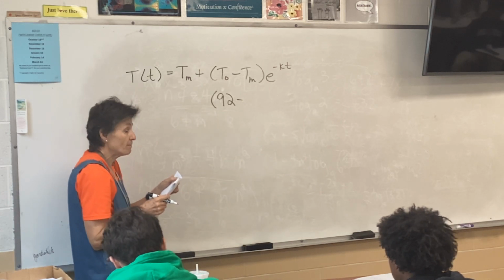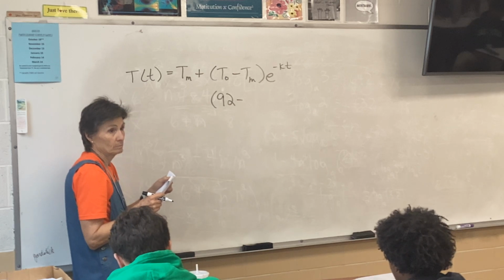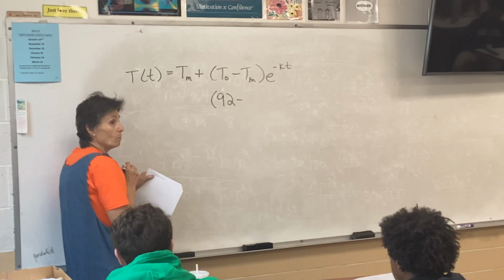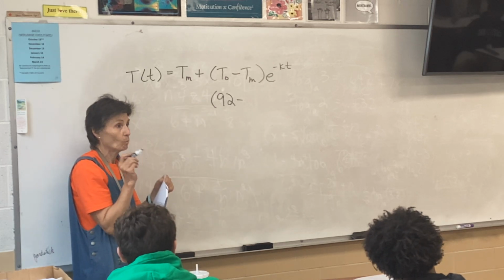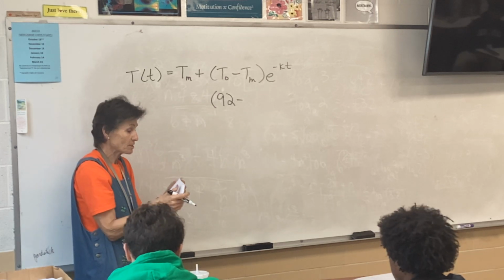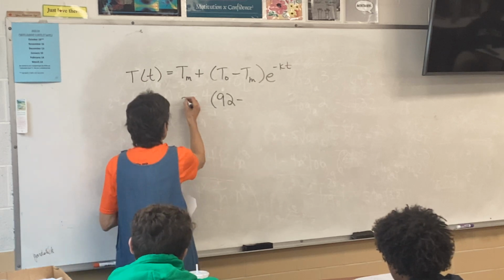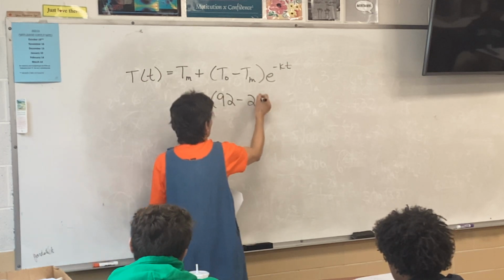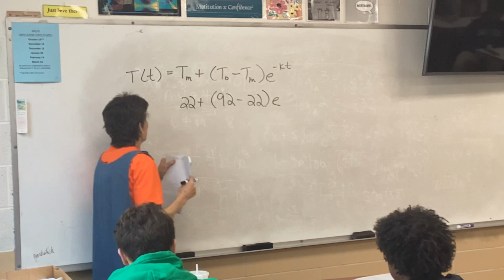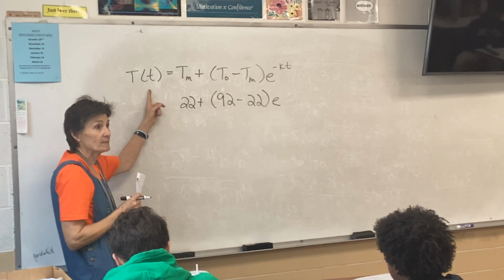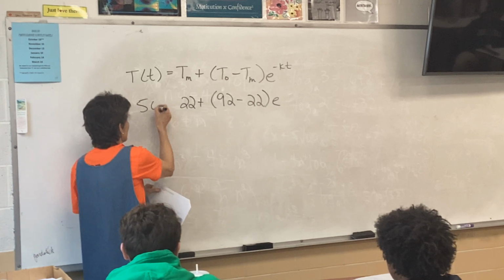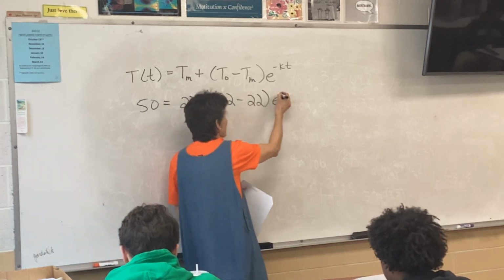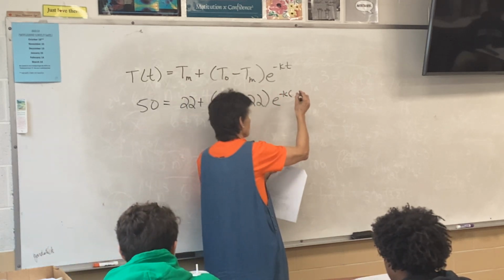What else? Where's the 50 go? No, 50, the temperature of the medium, what would that be? That's 22, that's what the room is, so this is 22. This is the temperature at a given time. So that right there is 50. If the given time is 12,